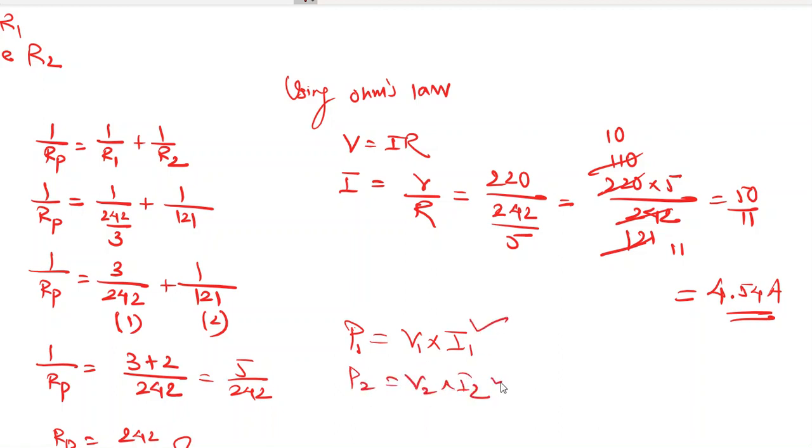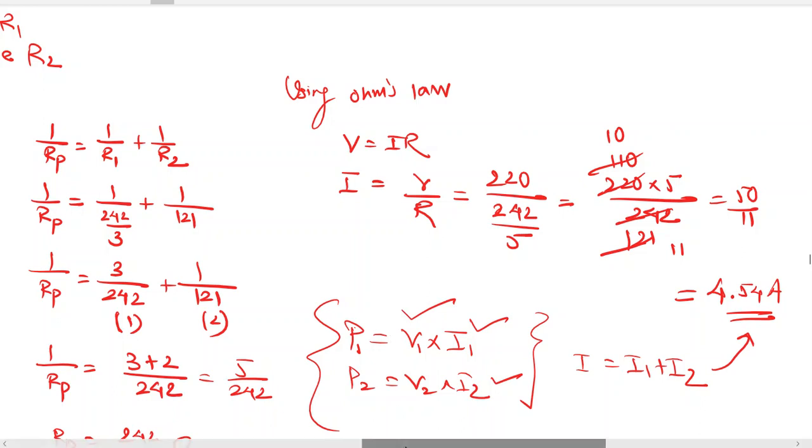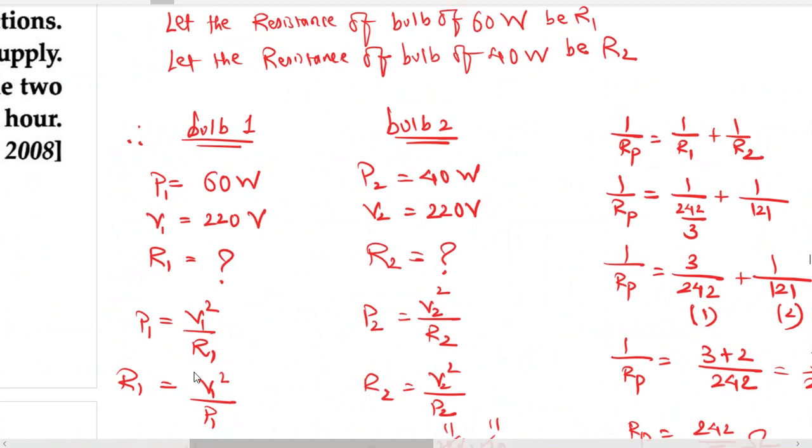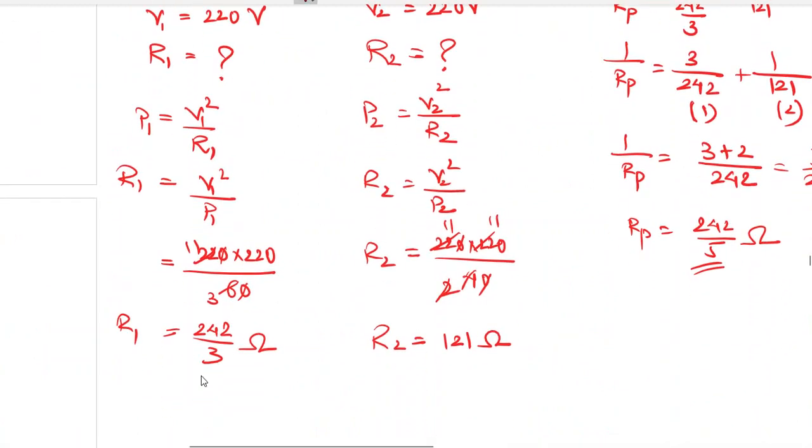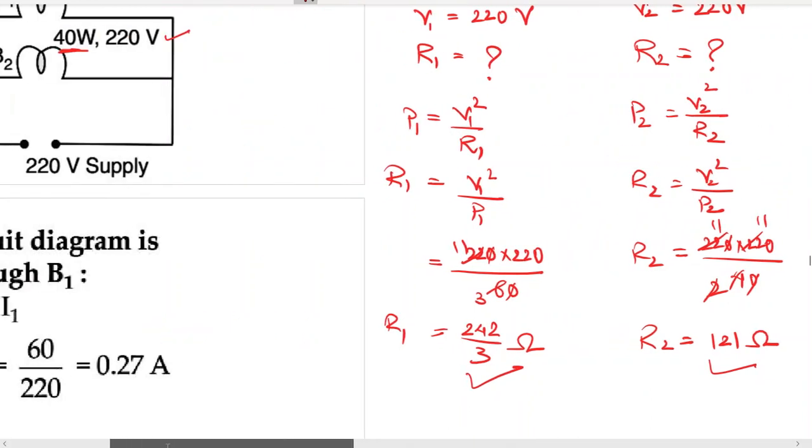So we will get two different currents with these formulae, and if you add both these currents you will get the total current I, which is equal to I1 plus I2, which would be equal to 4.54. So if you want to use this formula to find total current, you can. If in case in question they would ask for individual currents, I would recommend using this formula. But for finding total current, you can use this method also, and you can use the method which I have shown also. Only remember that don't convert any resistance into decimals. Keep it in fraction, because final answers can be converted into decimal, right?